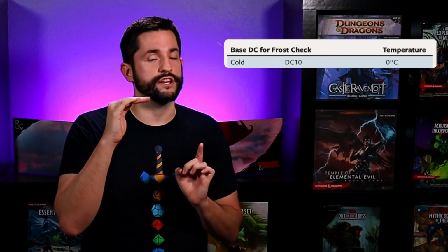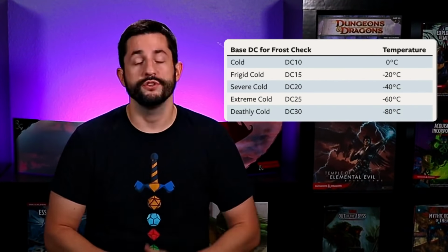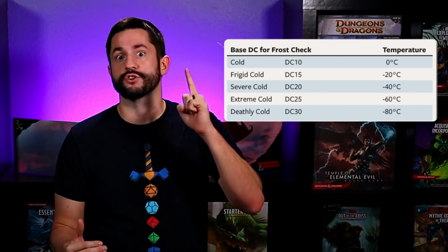But now what about the intensity of this cold? It doesn't make sense to me that it's always just a DC 10 because it's always just that cold. It feels like it should be way colder. So here's my chart, which does have a DC 10, but that's just where it starts. At 0 degrees, it's cold, but every 20 degrees that drops, that DC increases by 5, getting colder and colder. You go from frigid all the way to deadly cold, and as that temperature drops, that DC increases to pretty